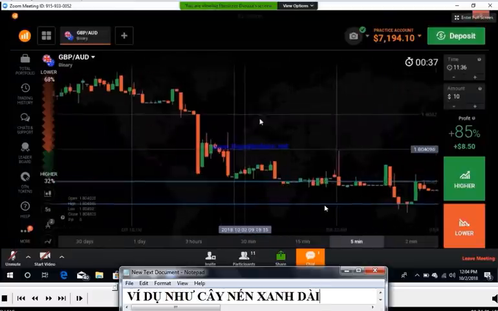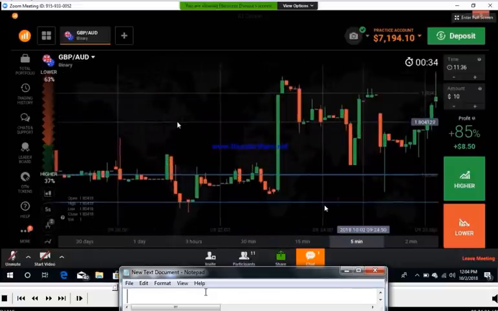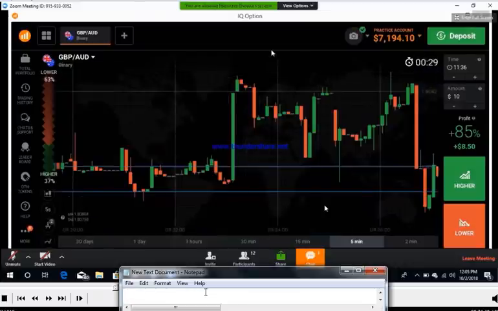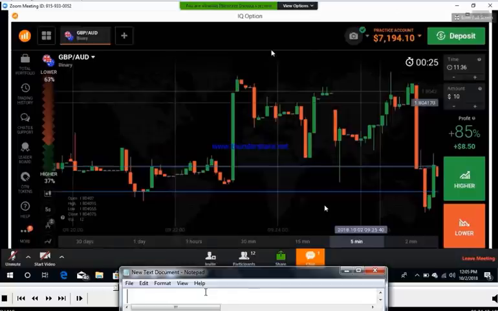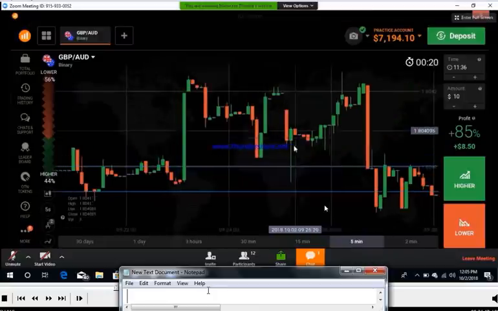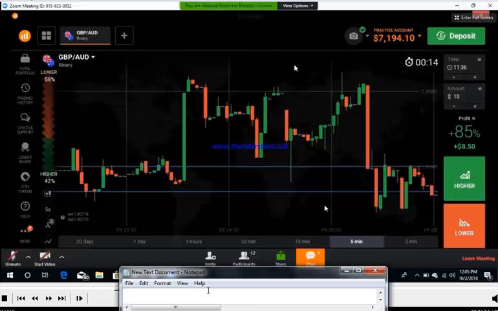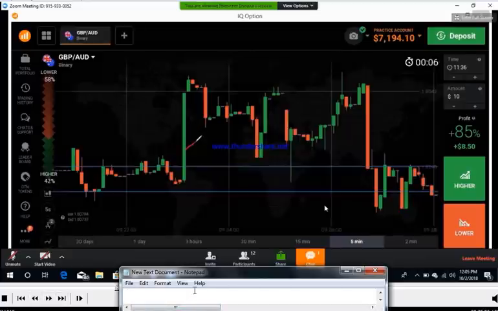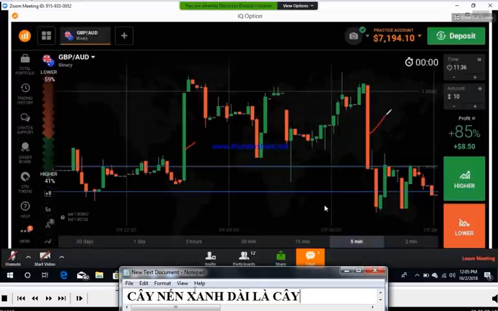And the market is not good here. Okay, I will show you here about confirmation candles. You can see, you can't take this candle as a confirmation. You can see this is a very strong candle. Even this is a very strong candle. You can't take this as a confirmation. This is not a confirmation candle.